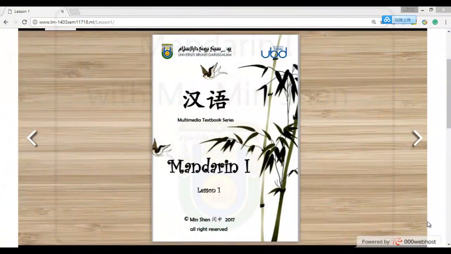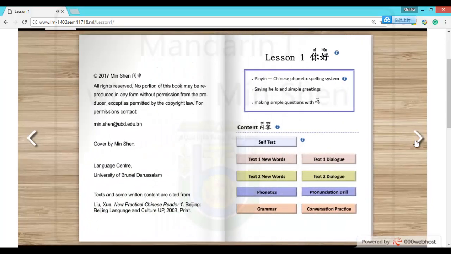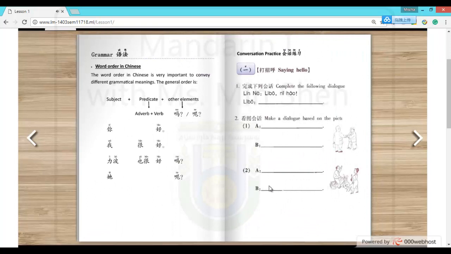Welcome to this tutorial, and we will do lesson 1, the grammar today. So you look at your textbook or you can take a note. We look at the grammar of lesson 1. So talking about Chinese grammar,